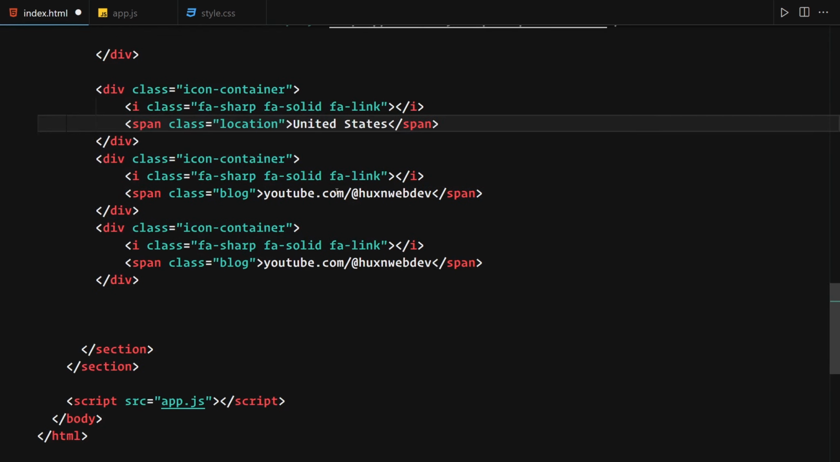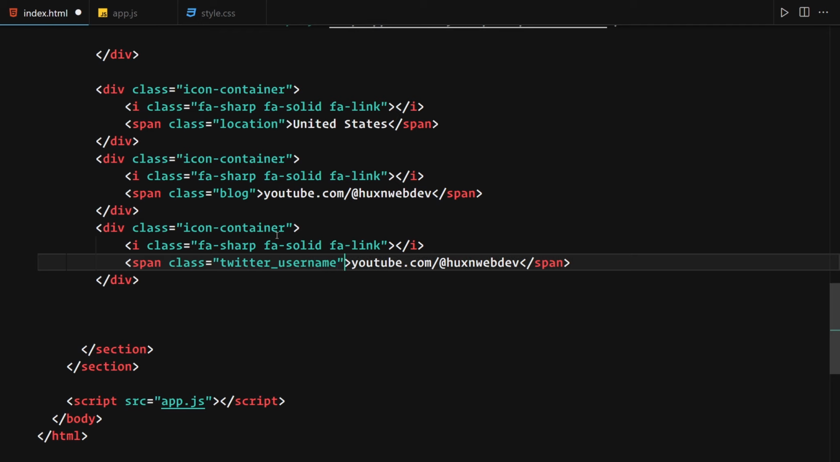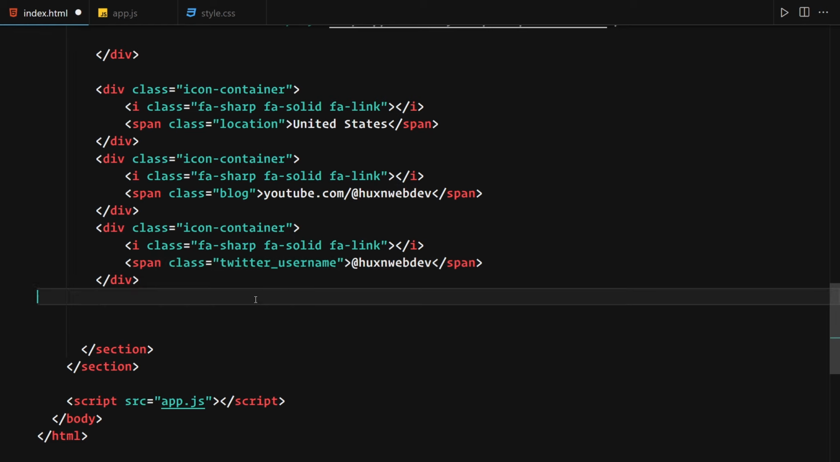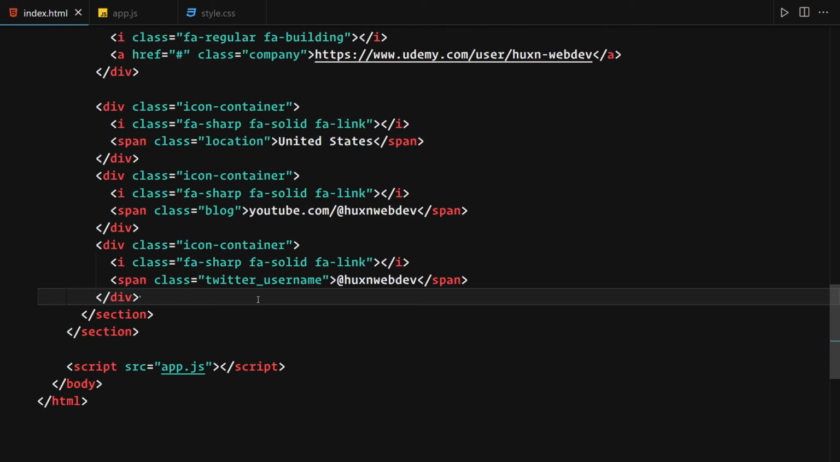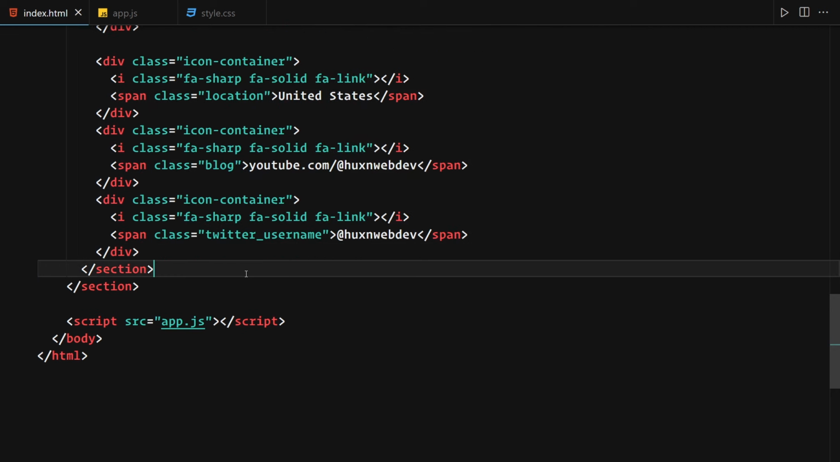Location and United States. And then this is going to be for my blog, and this is going to be for my Twitter handle. So Twitter username or handle, I'm going to just leave it with a handle or something like that, which is my username right here. You can provide your own if you want to, by the way. Now I'm going to save this file, and now underneath this section,